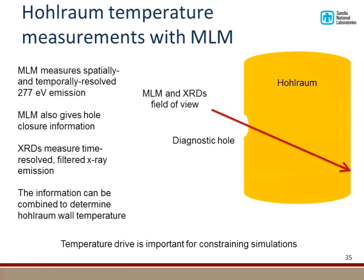So what do I do with this? One particular project that I'm working on at Z is we have a hohlraum and we need to know what the temperature is. The hohlraum is being used to drive a particular physics experiment, but in order to know exactly how that's being driven, to validate the simulations of that, we need to know what the temperature drive is. So I think this is somewhat like the Dante diagnostic that's used on NIF,